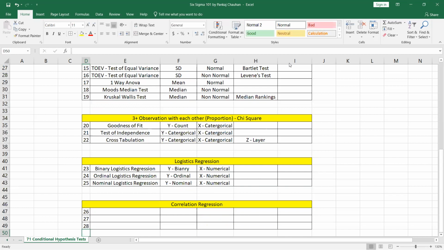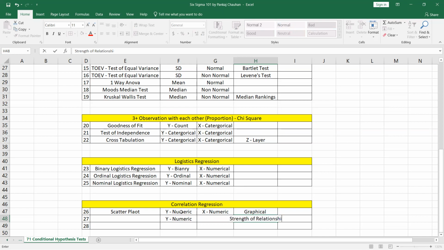All right. So when your y variable is numeric in nature and your x variable is also numeric in nature, then in case you are looking for a graphical relationship, visually, then you can simply select the scatter plot. In case you wanted to see how strongly they are related, basically that is called the strength of relationship,